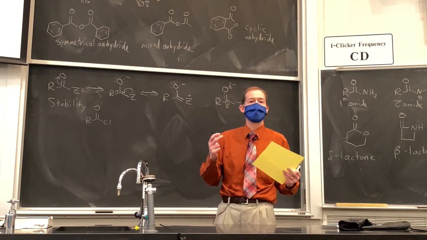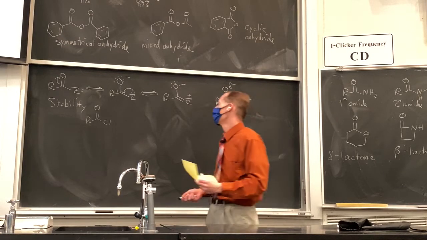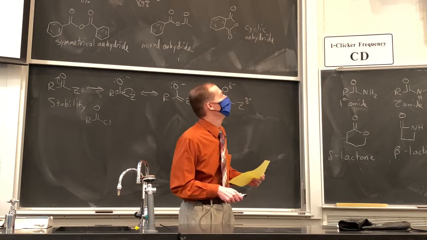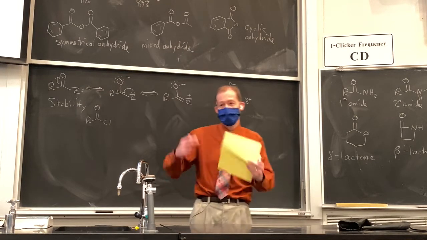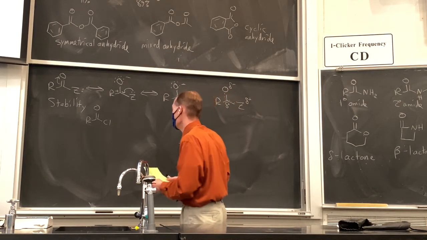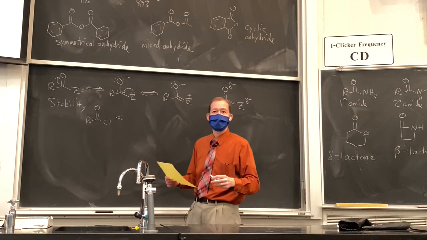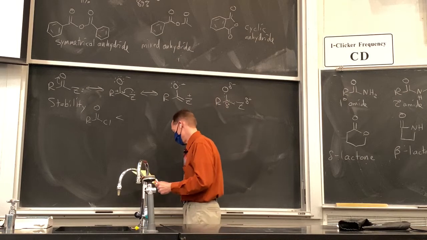That chlorine is highly electronegative, holding on to its electrons tightly. Plus, it is a third row element, so the bond is longer. That also leads to less efficient donation. Okay, so acid chloride is going to be our most reactive, least stable carboxylic acid derivative,